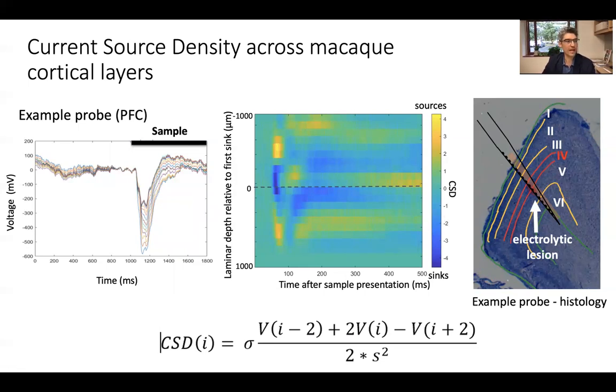Besides the spectrolaminar pattern, the only other well-characterized physiological laminar pattern in primate cortex is current source density, or CSD. By exciting a cortical area, in this case with a visual stimulus, there will be a deflection in the local field potential trace. By taking the second spatial derivative of this data, we can calculate the pattern of current sinks and sources. The prototypical pattern is characterized by an early sink around 50 to 75 milliseconds after stimulus onset, corresponding to layer 4. We set the 0 point relative to this early sink to align across probes. Preliminary histological analyses suggest a spatial relationship between the spectrolaminar and CSD patterns, both aligned to layer 4.